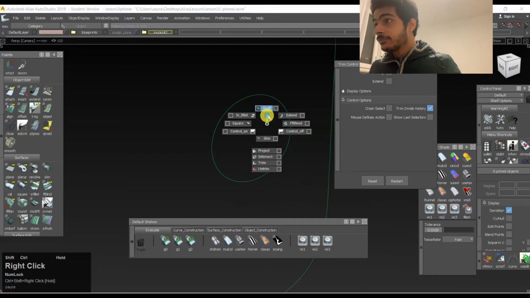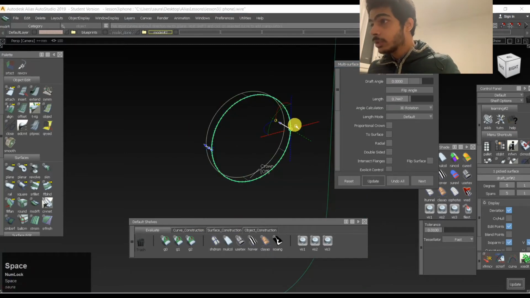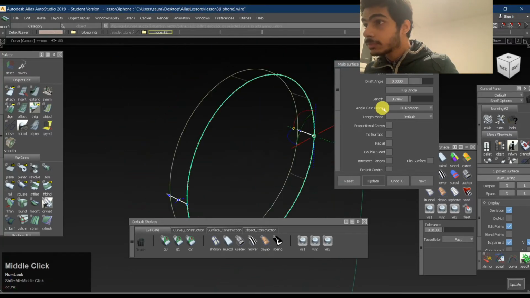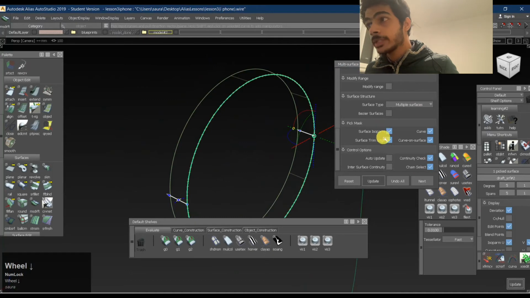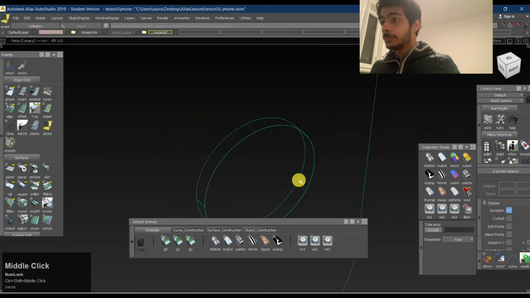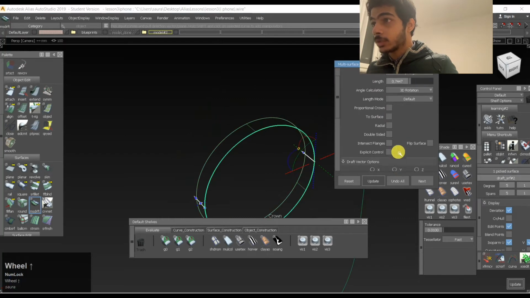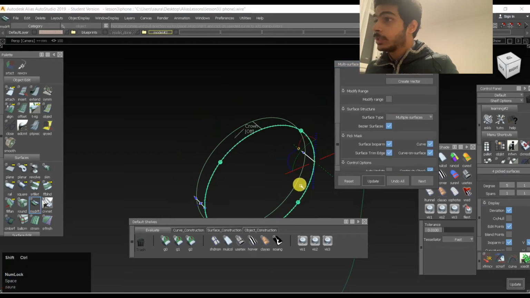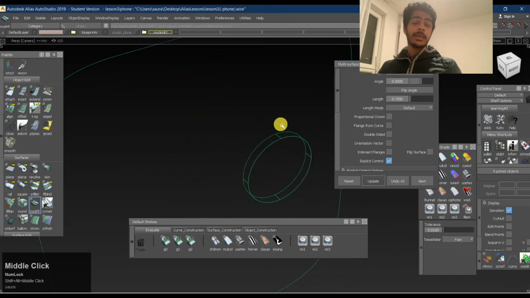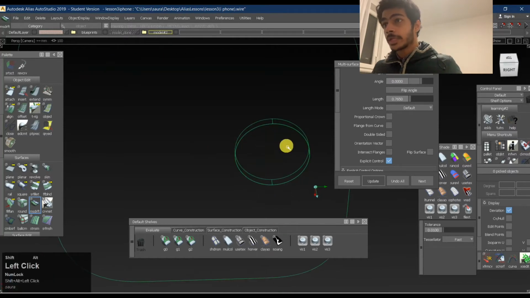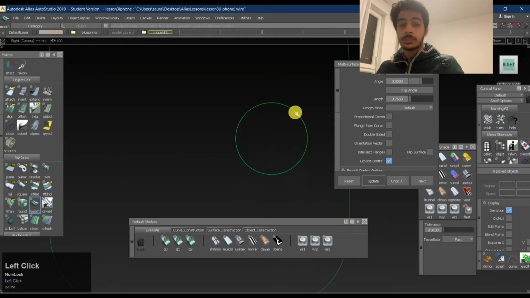Now if I draft this, I don't know if it's going to work. So for now it's working, but most of the time it doesn't. If I keep it into Bezier, it's going to work for sure. But most of the time when you are creating surfaces from trimmed objects, it doesn't work. And maybe one more thing is that you projected the curve.